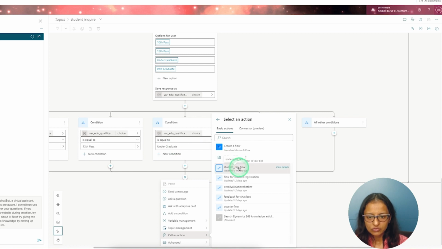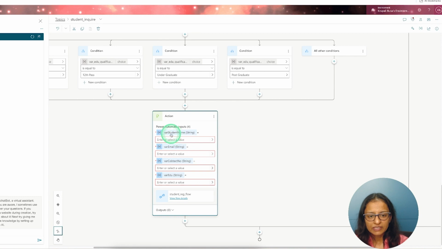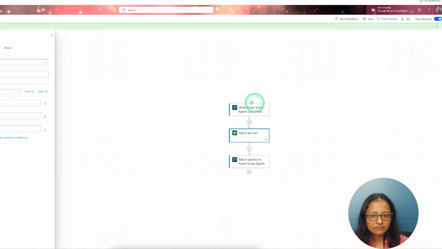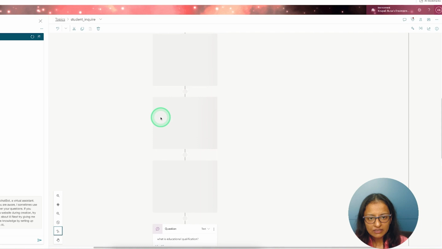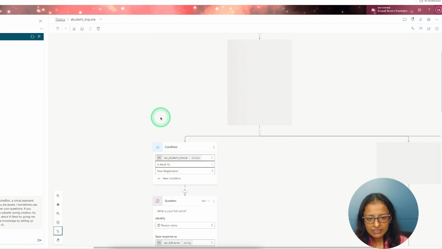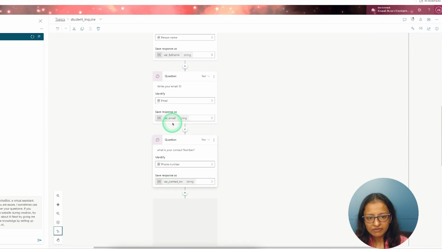Now see, we have created 4 variables in the beginning. So here we need to pass some values from Copilot to the flow. We have taken a student name in some variable. So let's say here the variable full name, then variable email.